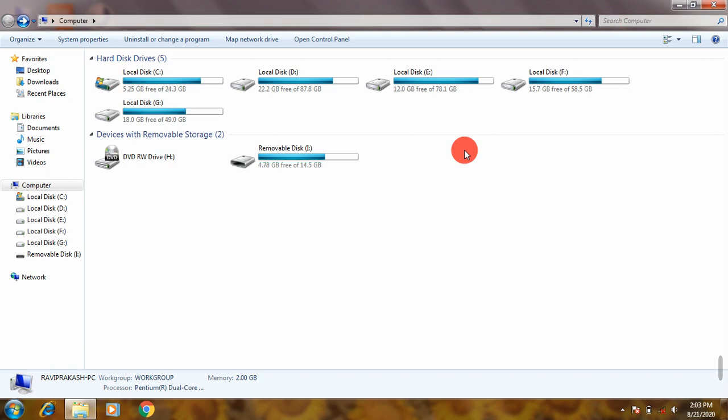Now I am going to show you the command line interface, CLI, or command user interface. For this I have to open the disk operating system.